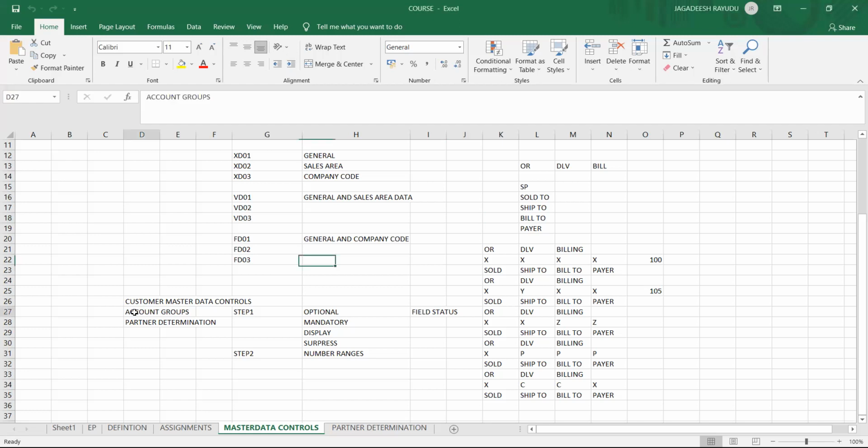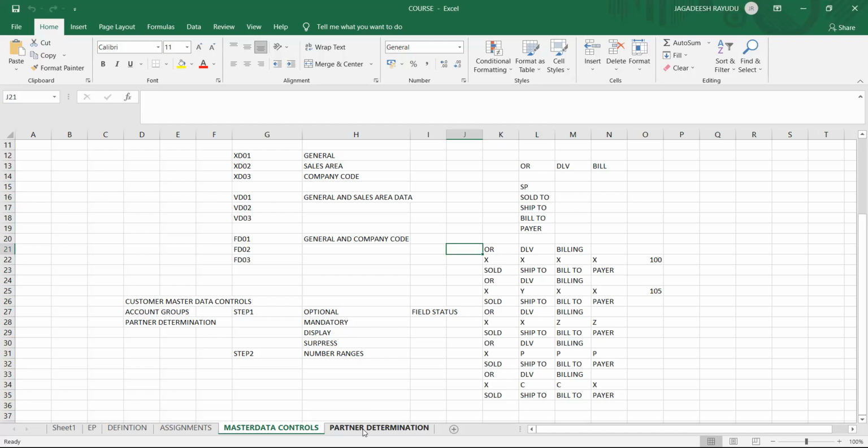Out of all these three sections, we have seen in the previous class how to create account groups. Now we are going to see how to do the partner determination. Why? Because we got stuck determining partners while saving our customer master. As I said, these are the 4 mandatory partners. They should be determined for your OTC cycle. Apart from that, it depends on the scenarios, as I explained, and varies case to case.